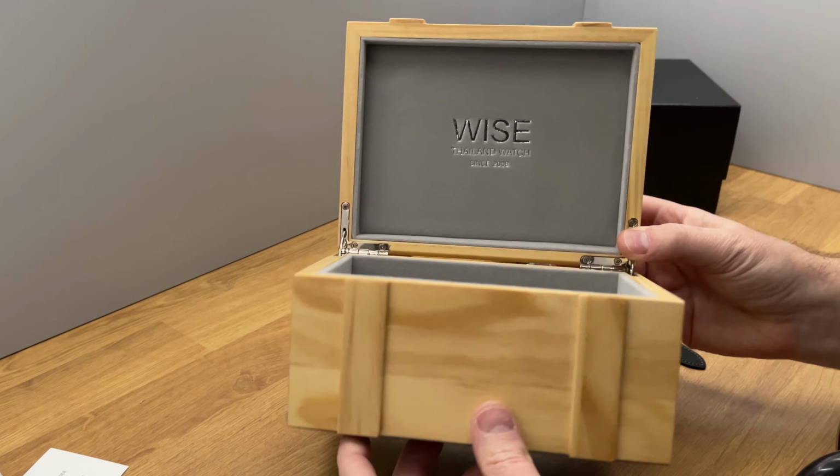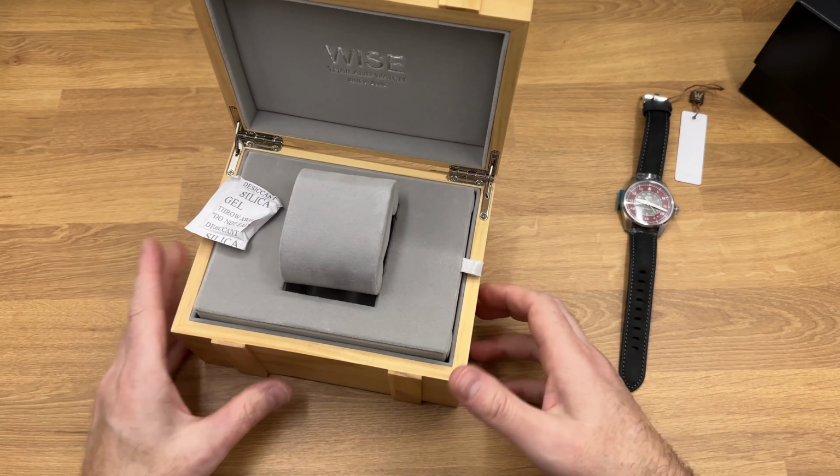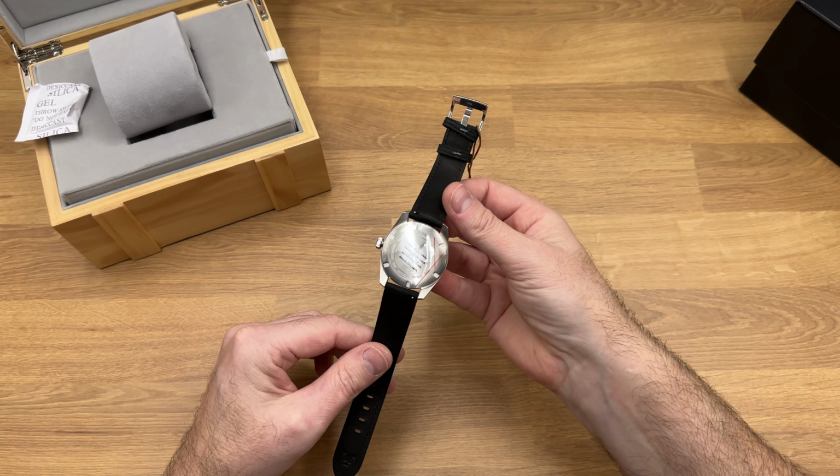If you were to ask a group of watch enthusiasts, which do you prefer, Type A or Type B pilot watches, I think the majority of them would say Type B because there's just a little bit more going on the dial. It's certainly my favourite between the two, and I know pilot watches are supposed to be big and bold and legible, but I just find Type A pilot watches a little bit too sparse. I mean, I'm not a pilot. I don't really need my pilot watches to be massive and uber legible, so yeah, I do prefer Type B